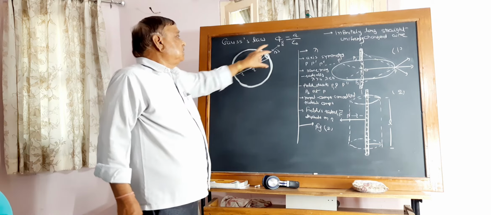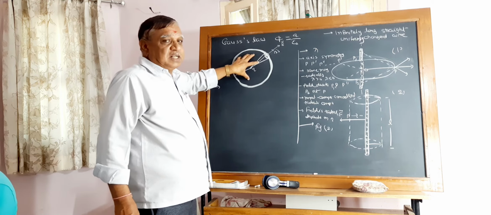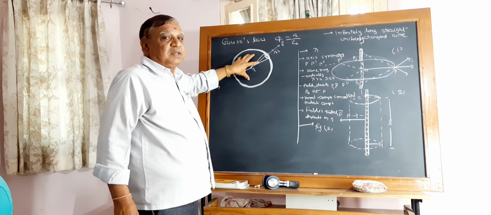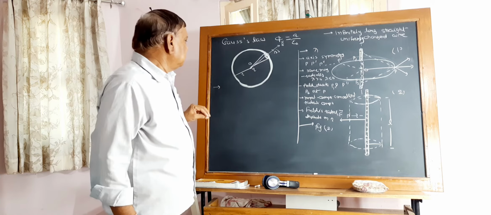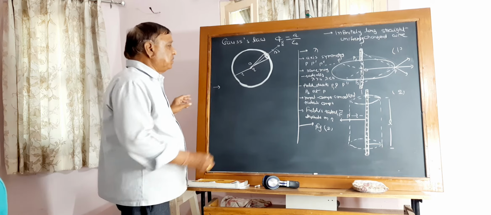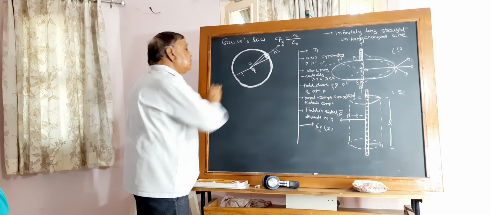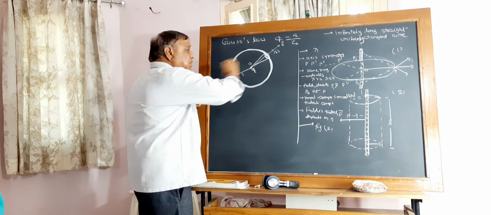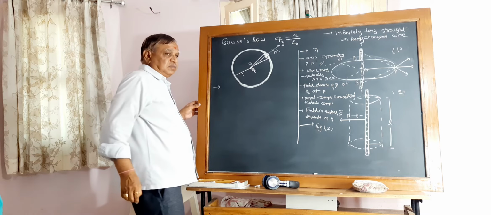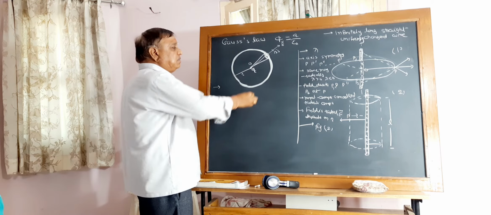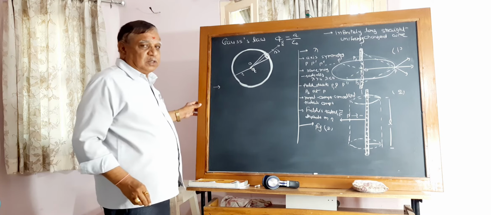Here simply it is clear that q is total charge, means if single charge or more, then we have to take the algebraic sum of the charges. Now we are explaining in this way. Suppose we have taken a point charge q at the center of the sphere of radius r, means we have taken a spherical closed surface.